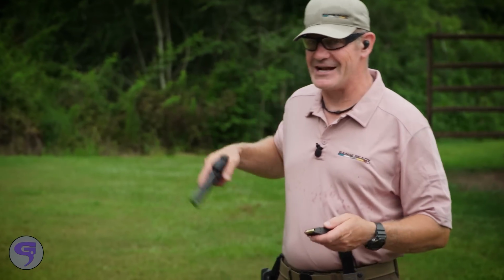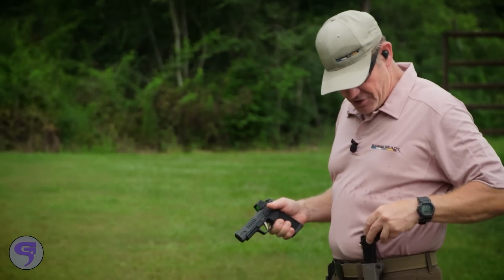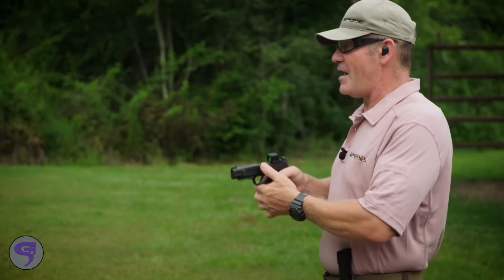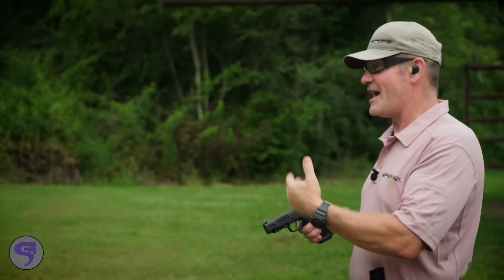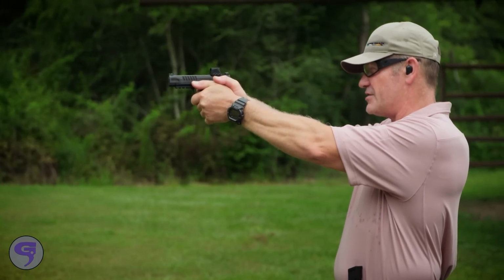When you're invested in a gun, it's hard to change because you got to start buying other gear. My mag pouches all work the same. I'm going to seat a mag here, take some shots. I've already shot it a little bit, so I know that the red dot is not exactly zeroed, but I didn't take the time to do it. But if I shoot in the head and I use the iron sights,